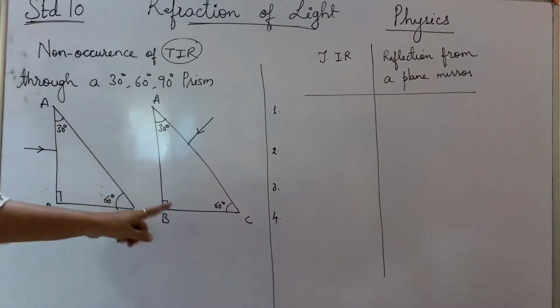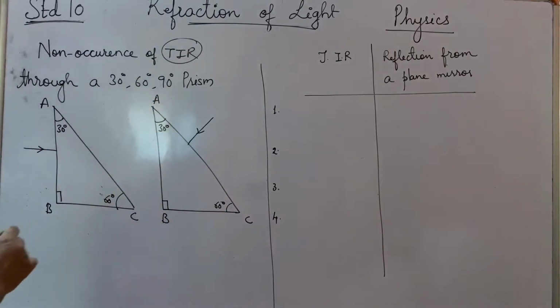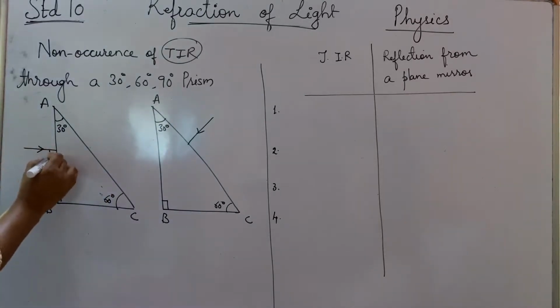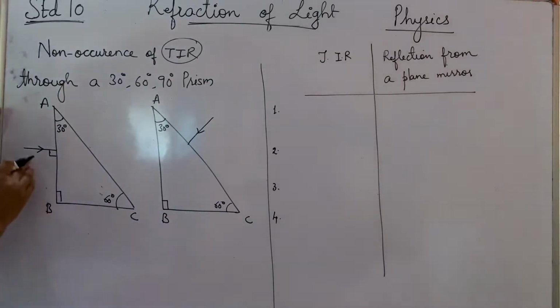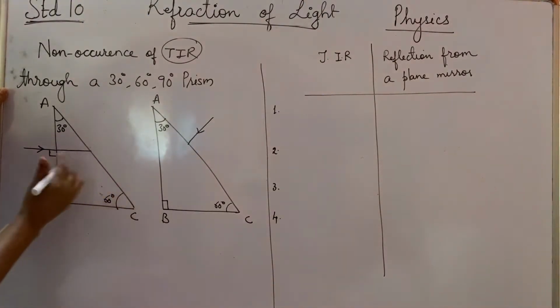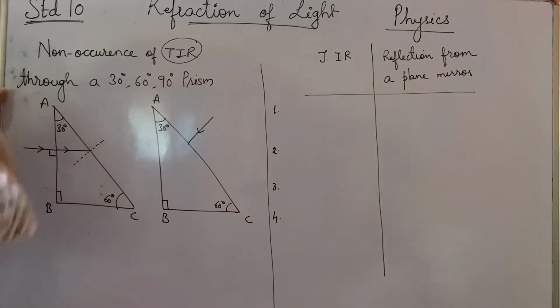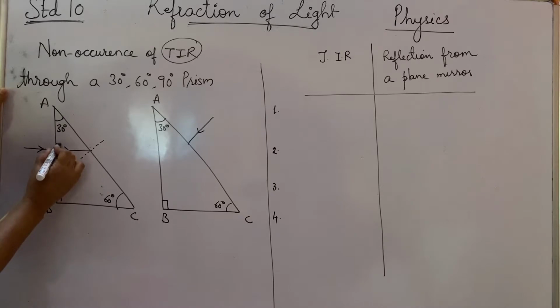Now these are both 30, 60, 90 prisms, and they are showing that one ray is going in like this, which is 90 degree to the surface. Now let us follow the rule. Whenever it strikes at an angle of 90 degree, it has to travel undeviated, straight. So it travels over here, it goes here, right? So this ray of light has entered inside the prism. Now the first duty when it strikes is you have to draw a normal to this surface AC. So this is a normal which is 90 degree. Now this is 90, so this is also going to be 90, vertically opposite angle. So this angle is 90.